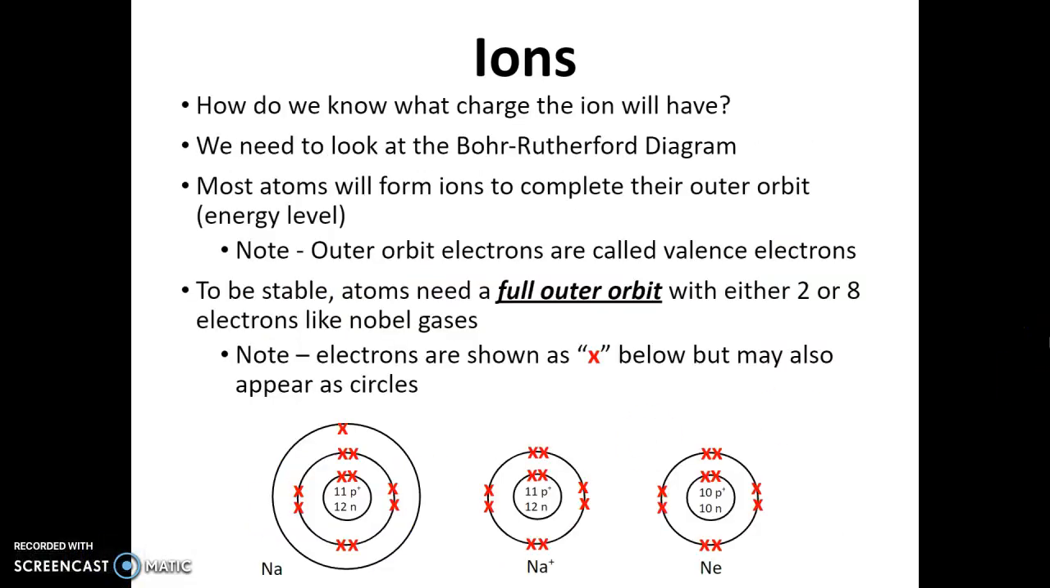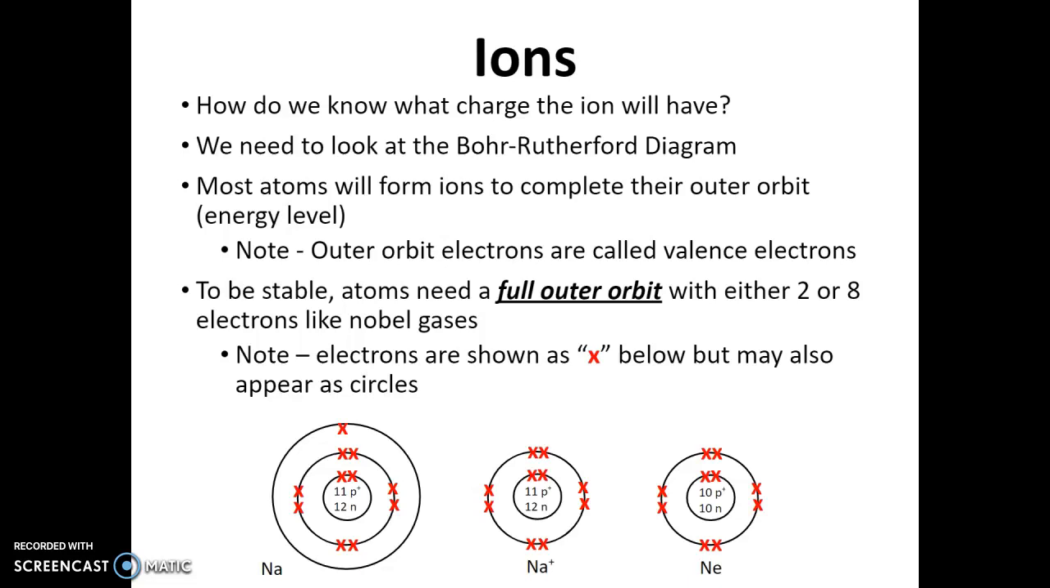So how do we know what the ion will have? Well, we need to look at Bohr diagrams to help us figure that out, or our periodic table. So most atoms will form ions to complete their outer orbit, so their energy level. Okay? The outer orbit electrons are called valence electrons, and we'll see this again when we do bonding and such,